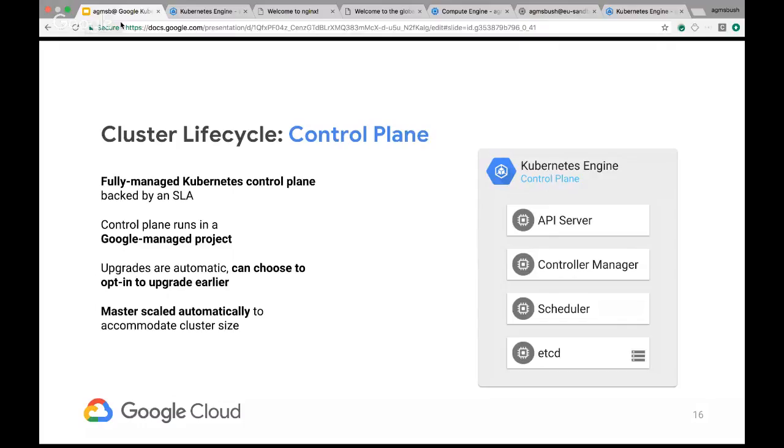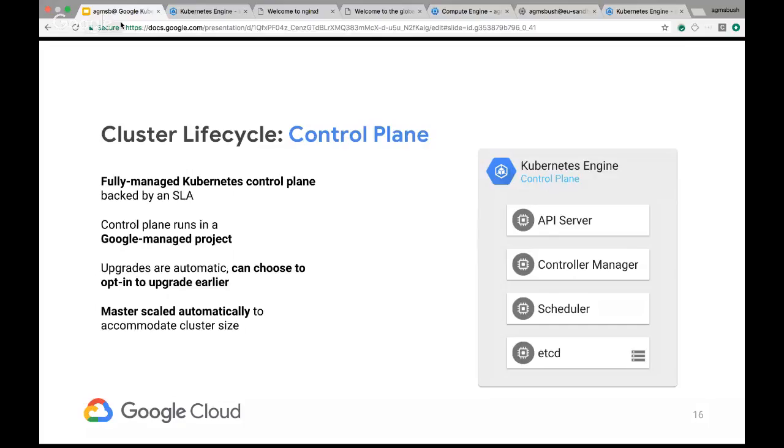Sweet. So upgrades also are automatic. I think this is key because Kubernetes is developed at a very fast-paced velocity. So if you want to take advantage of new features, you'll want to obviously easily upgrade GKE or your Kubernetes control plane, because the last thing you'd want to see is people wanting to take advantage of some of these new Kubernetes features in a new version, and now you have to put that aside or table it because it's quite an action to actually upgrade your master, right?